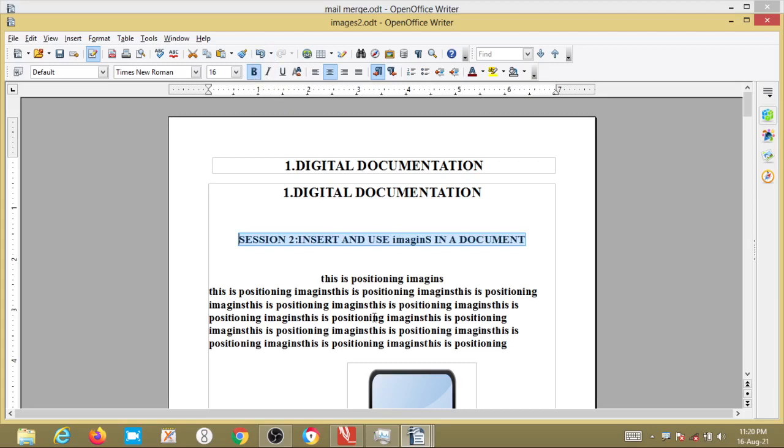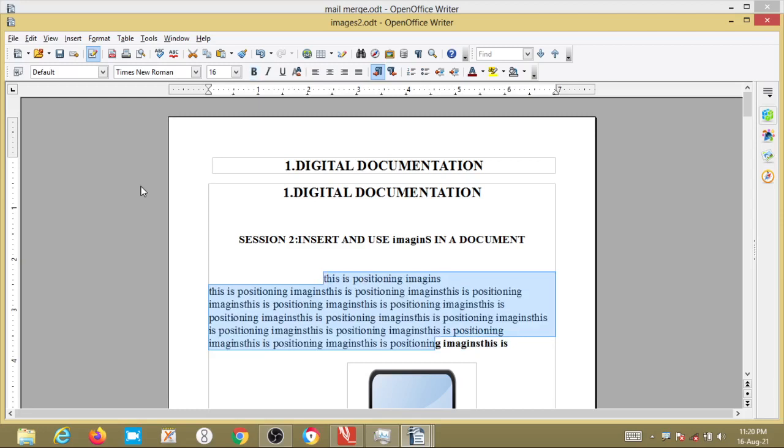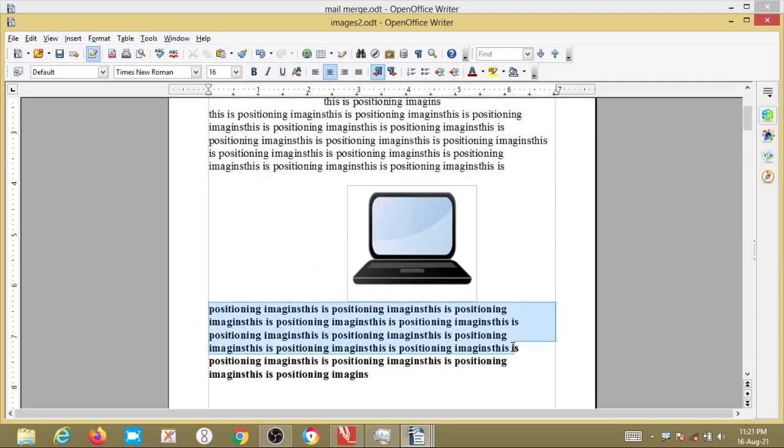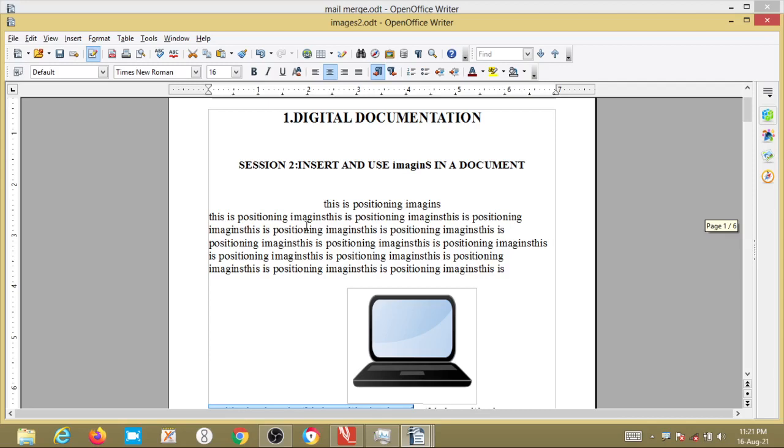This is one way. Or if you want to make it bold, select the text. Initially this complete paragraph is not bold; it is plain text.